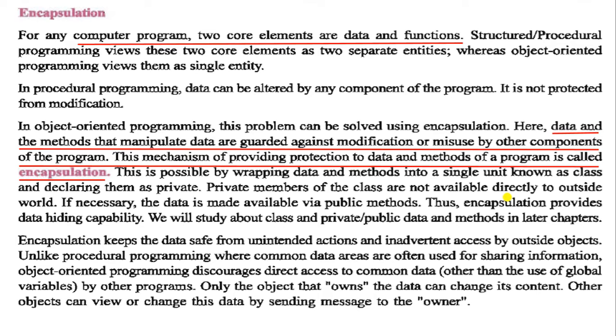Thus encapsulation provides data hiding capability. So data encapsulation is hiding the data. We will study class and private and public data and methods in later chapters. So this is about encapsulation. That means they hide the data.